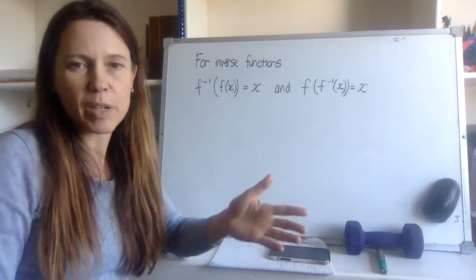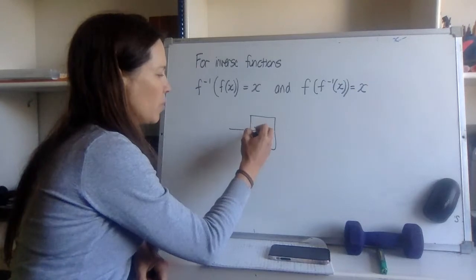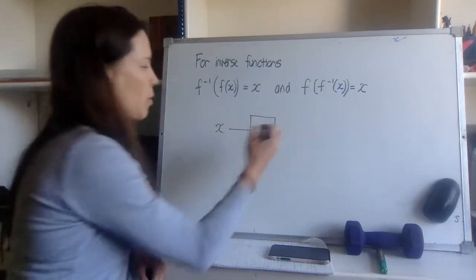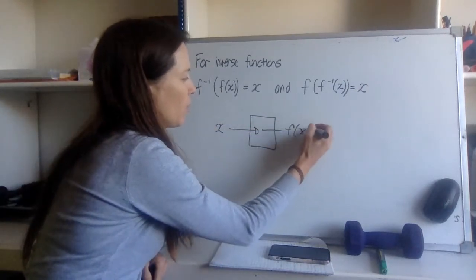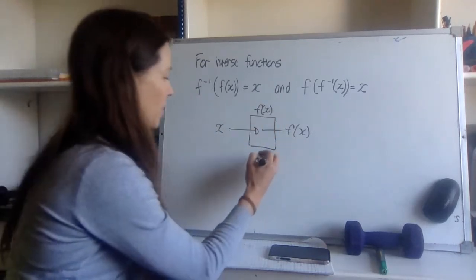Now this makes sense because when we put something through a function machine, we've got inputs, and if we put x in, then what we get out is the function of x. So this is an f of x machine. But what an inverse function is